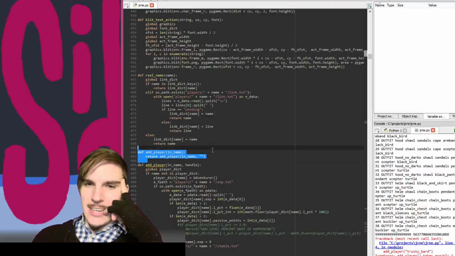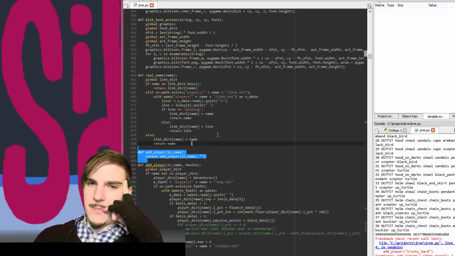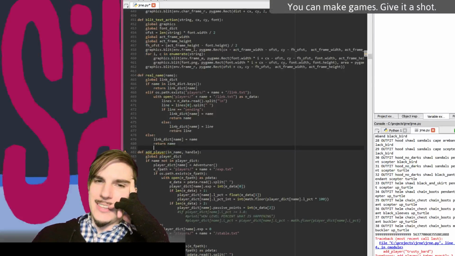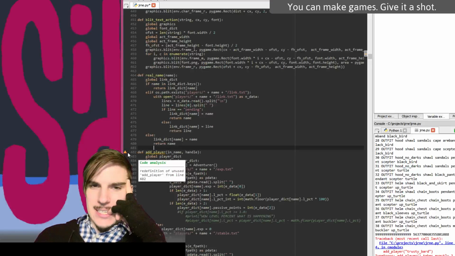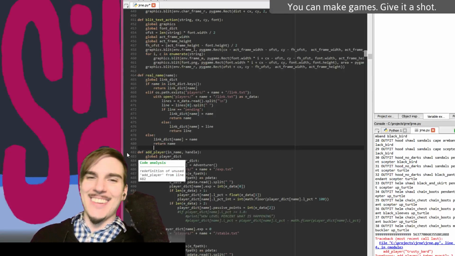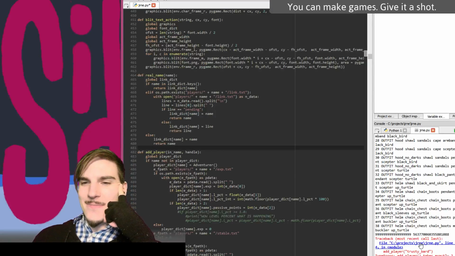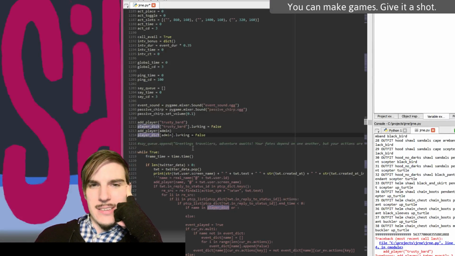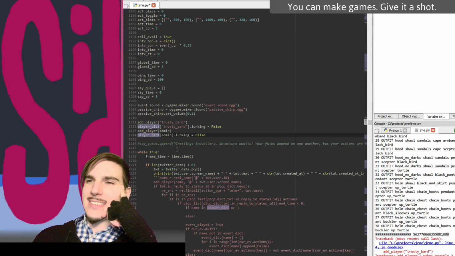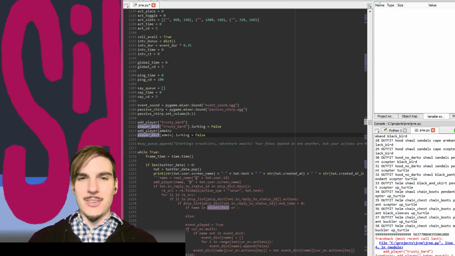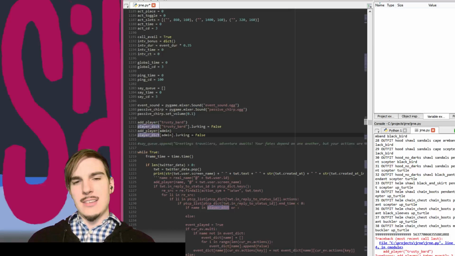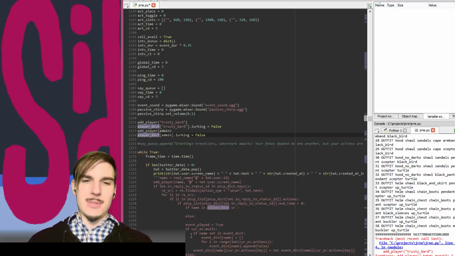Shoot, that would have been convenient, but apparently that's not how it works. The error is redefinition of unused add player from an earlier line, which is hilarious, but that's fine. So the places where I'm adding a player that isn't a Twitter-based player, then